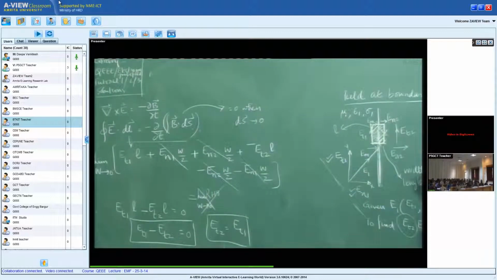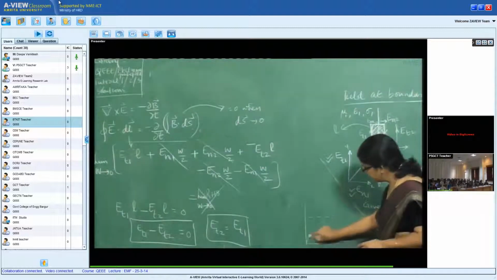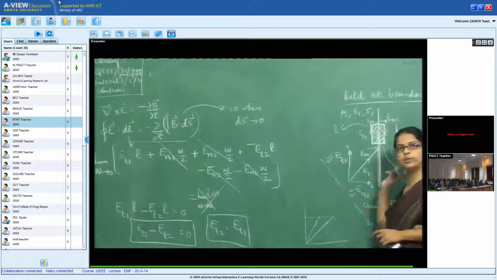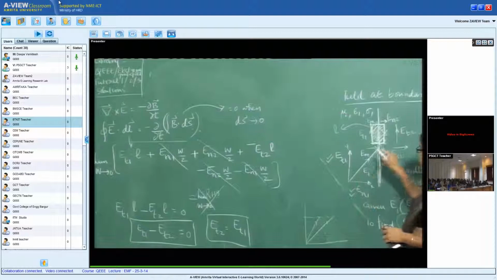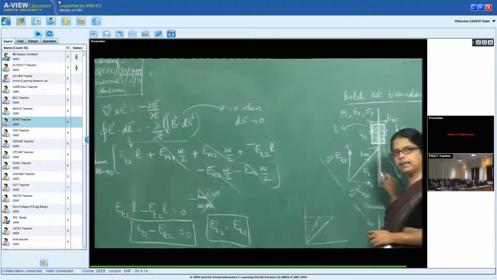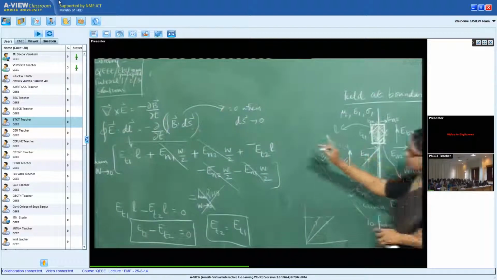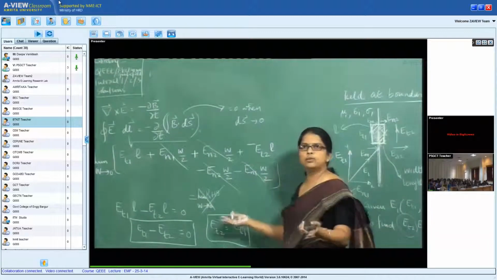Doesn't mean that the electric field is the same on the other side. It just means that the tangential component is the same. I could have different normal components. I can have two vectors, one this way and one this way, which will have the same tangential component, but the vectors could be different. So I can't conclusively say that the E field vector on the left side and the E field vector on the right side are identical unless I find what is the normal component. So Faraday's law helped us to find the tangential component. We want to find what is the normal component.